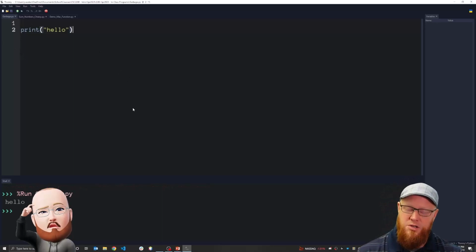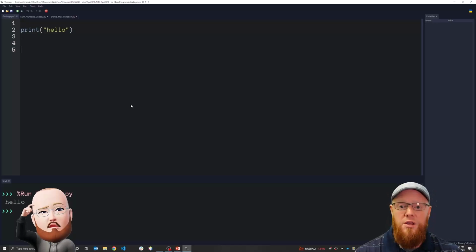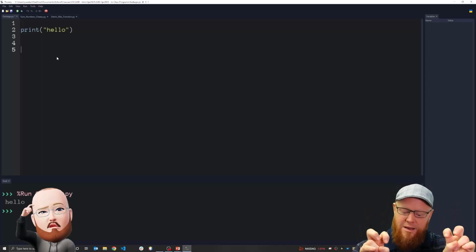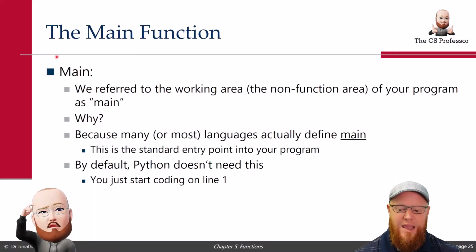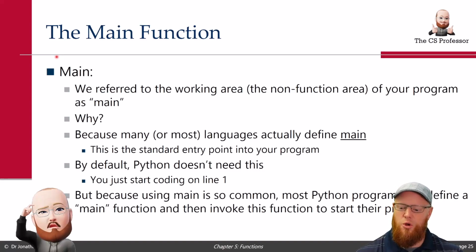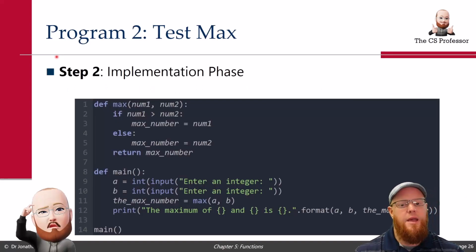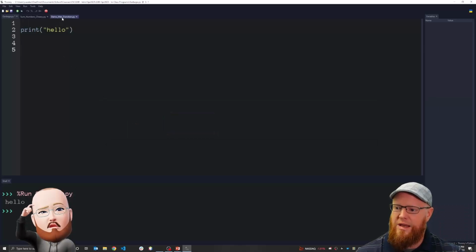But in other languages, all the C languages, Java, most other languages, all of your code must exist within some function. Even if it's basic code, your code must exist within a main function. That's your main entryway into your program for most languages. And so most Python developers will have this same custom, the same habit, to put all of your code inside